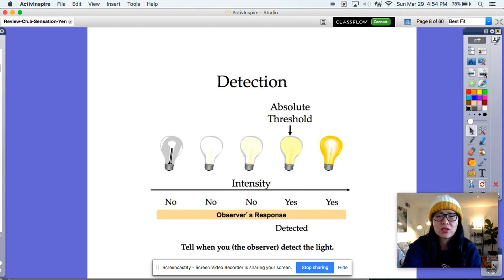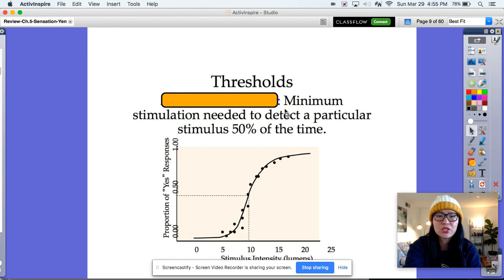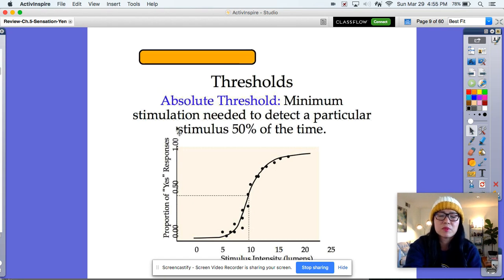Okay, and then we have detection. We have absolute threshold and difference threshold. This is the one where I would ask you in class, at what point do you see yellow? The majority of us, if we're not colorblind at all, are going to see yellow by the time you get to this light bulb. That would be your minimum amount, your absolute threshold. Some of you might see yellow in this light bulb. Some of you might even see a faint yellow here. Wherever you detect the yellow for the first time, the least amount it takes, that is your absolute threshold. The definition, again, is the minimum stimulus needed to detect a particular stimulus 50% of the